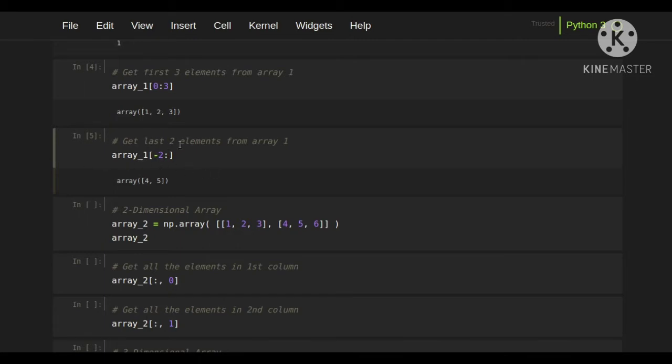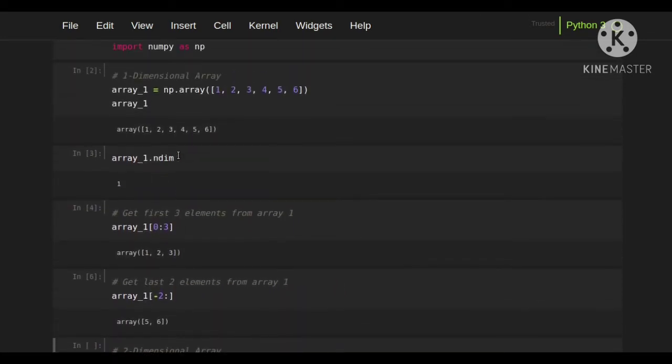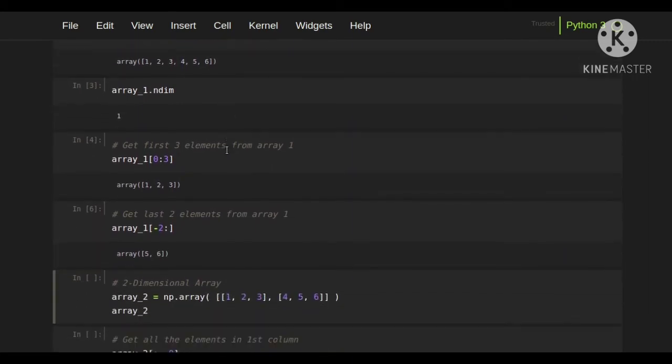In order to access the last two elements we need to access the elements at -1 and -2. So it should start from -2 and go on to the last element. We have retrieved the last two elements here, which are 5 and 6.